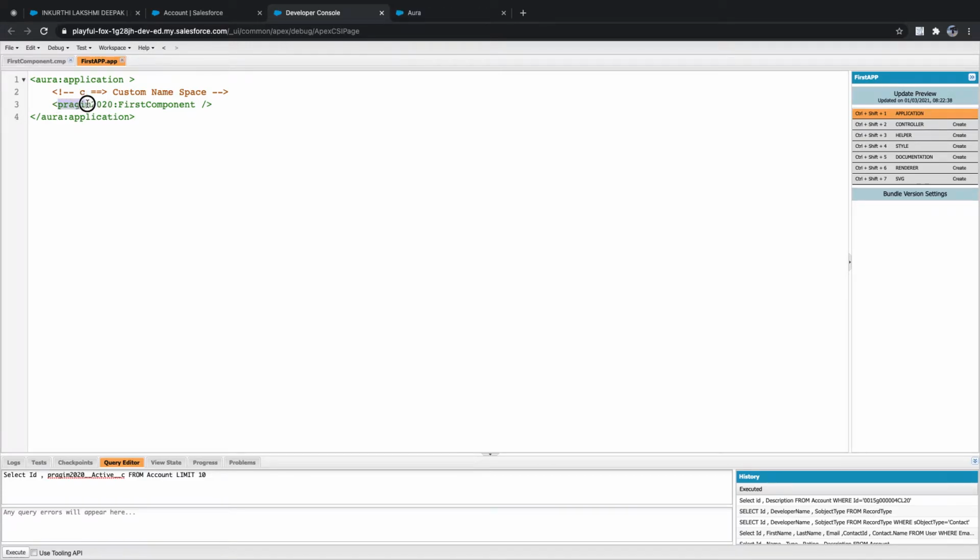Now it's okay. Now why do I need a namespace? Let's say you are building your components like a package or solution, a tool that you are building to deliver to other systems, right? If that's the case, you can't use the same namespace. You don't have a guarantee that your first component will be unique. It might be that in that organization they created something for some other purpose with the same name, right?